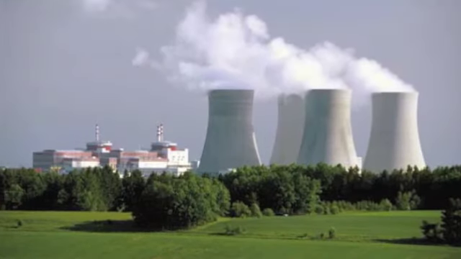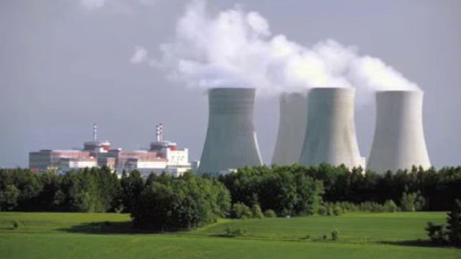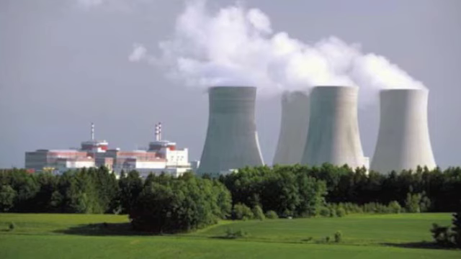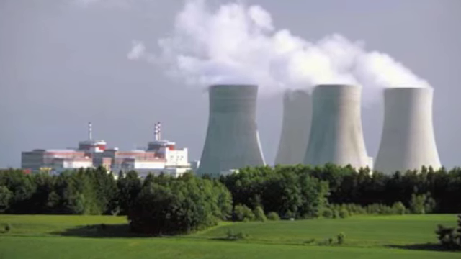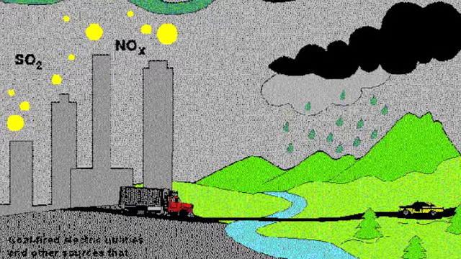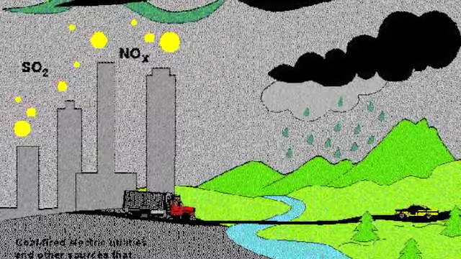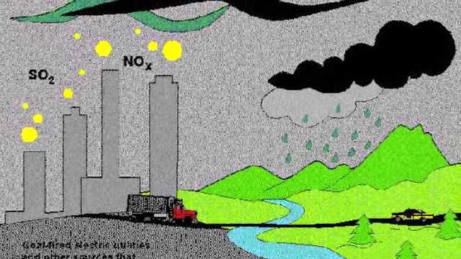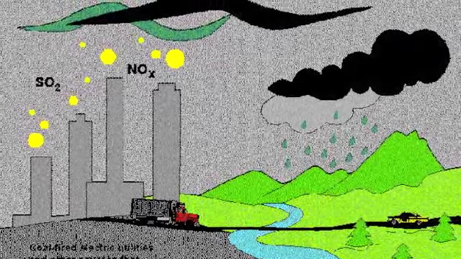Acid rain is a general term used to describe what scientists call acidic deposition. This occurs when strong acid-forming substances created by the combustion of fossil fuels are transferred from the atmosphere to the earth. Wet deposition, the typical acid rain, is when acid-producing chemicals such as nitrogen oxide and sulfur dioxide combine with water droplets in the atmosphere and fall as precipitation. Dry acidic deposition is when these chemicals reach the Earth's surface via particles in vapor in the air.